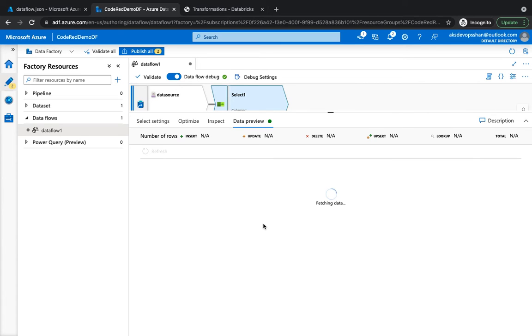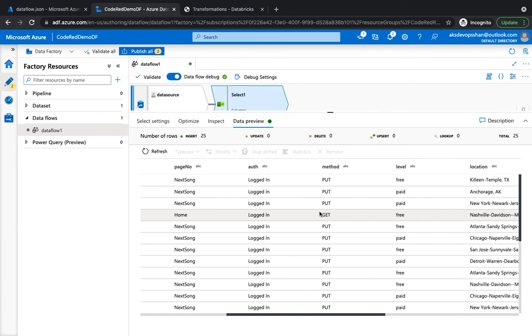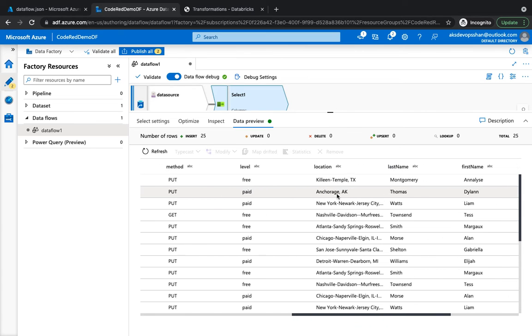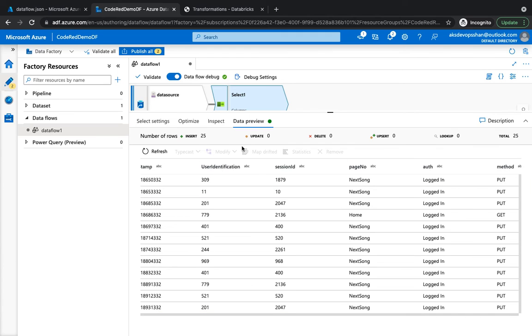Now if you refresh the data, it'll give you all the newer named columns. It's going to remove all the duplicates. It's going to remove all the unwanted columns which we have deleted. So if you see, it has given it a more meaningful name like timestamp, and it has fewer columns now: the gender, registration number, all of what we selected,